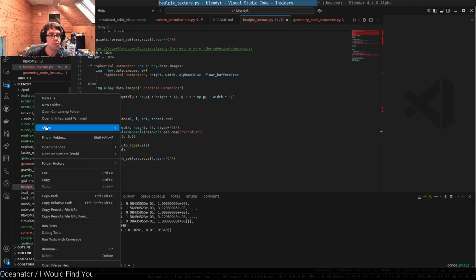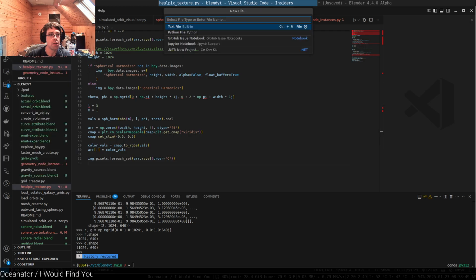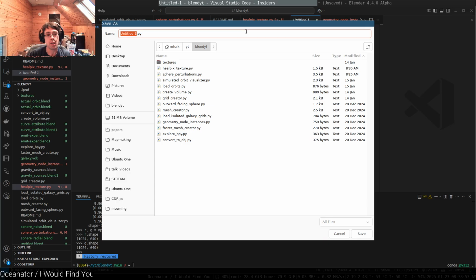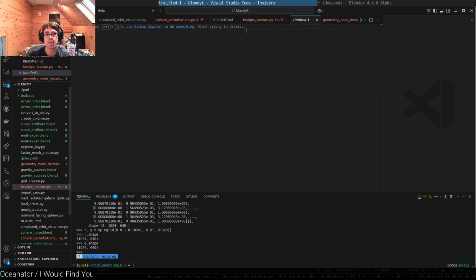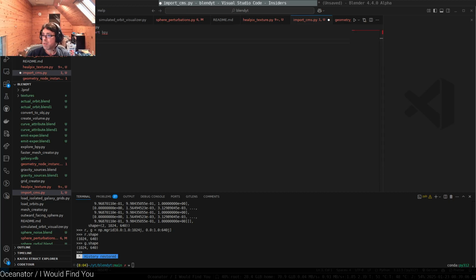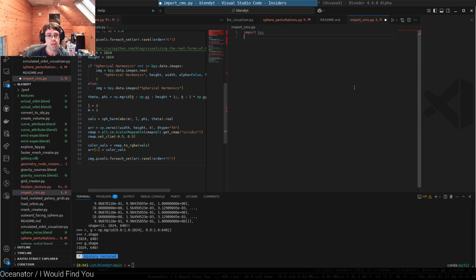What we're going to do now is create a new file. And this will be import color maps. We're going to call this import bpi. And what we're going to do is go through all of the color maps and import them in as high resolution textures. So let's go ahead and create them. Now, there's probably a way to do a one-dimensional texture. What I'm going to do instead is